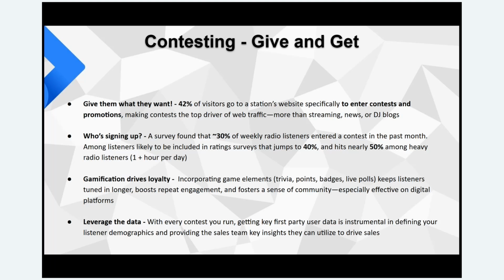Gamifying obviously drives loyalty, and one of the things that SoCast is working on is building in a point system. So as people listen, as people subscribe to contests, they get more points, and that itself can gamify the system. But again, running contests regularly keeps people coming back, keeps users engaged longer, boosts repeated engagement, and by taking the data that you get from every contest you run,